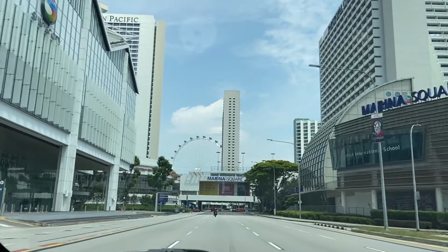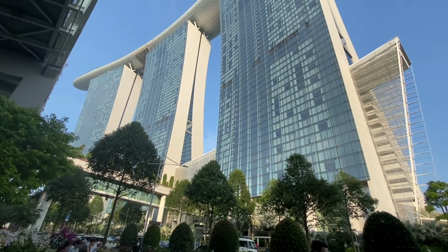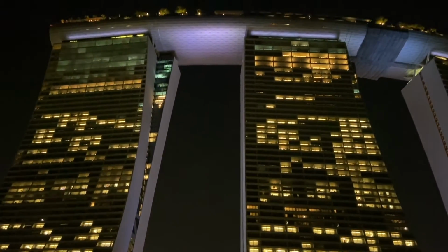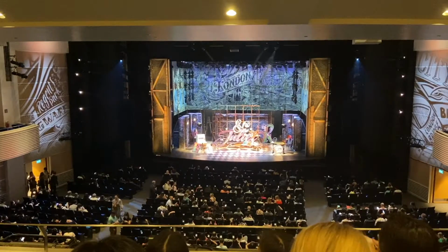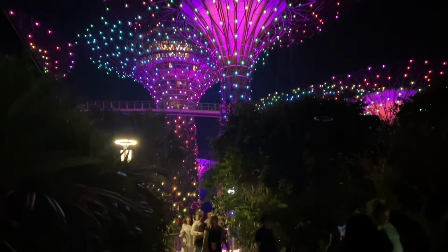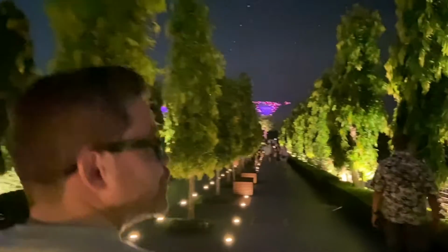Okay, let me take you to the most breathtaking part of Singapore, and that is Marina Bay Sands. This hotel is one of the iconic buildings that stands out in Singapore, that also houses a huge shopping mall, rooftop pool and bar, casino, theatre and gardens attached to it. I would highly recommend putting this at the top of your list of places to visit, just for the amount of things